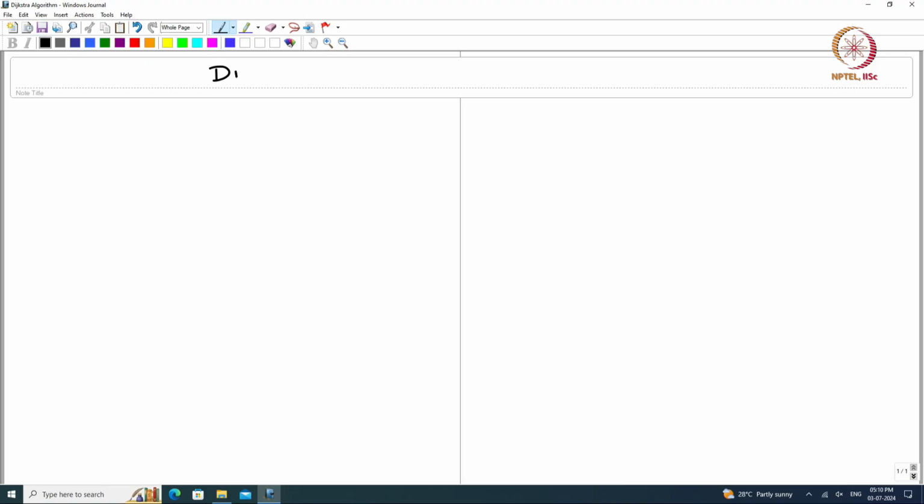This is another special case where it is possible for us to solve the Bellman equation somewhat directly, okay. But the way in which we are going to handle the building of the solution is rather subtle, okay. So this is Dijkstra's